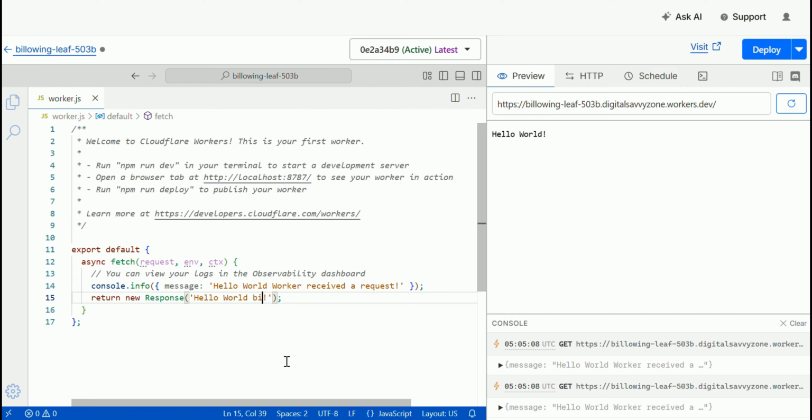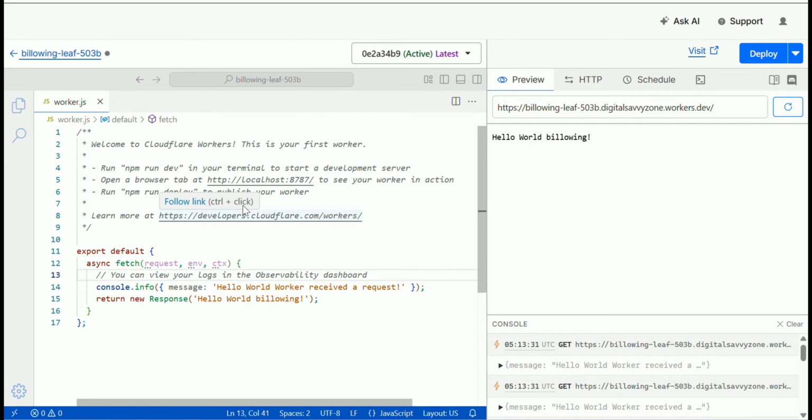I'm changing the template back to a simple Hello World style response. Nothing complex, just a basic text output to test things quickly. I make the change in the code. Hit save. And instantly the worker updates. Now, when I refresh the page, you can see the changes are already reflected. No delays, no redeploy headaches. It's just live immediately. So now we paste this code into our worker, and this is where everything becomes real.